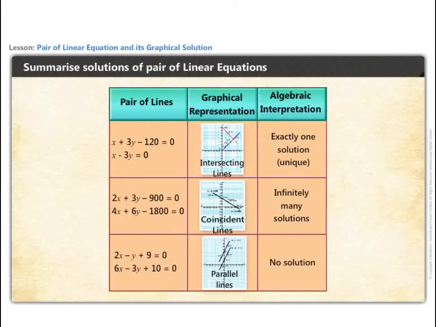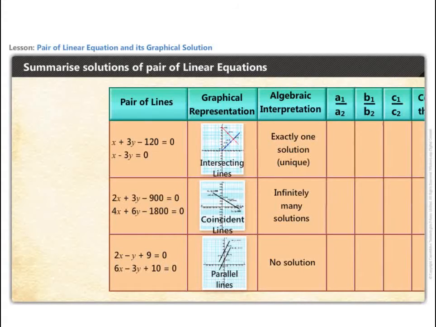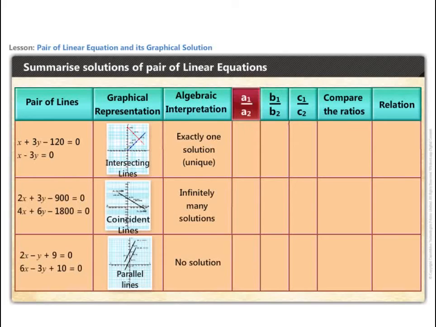Let us find out if there is any relation between their coefficients and the geometrical or algebraic interpretations. To do so, we start by finding the ratio of their coefficients. Let us write down the value of a1 by a2, b1 by b2 and c1 by c2 in the table below by comparing the pair of linear equations to their standard form, which is: